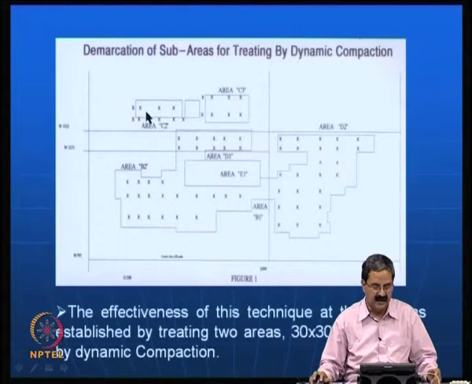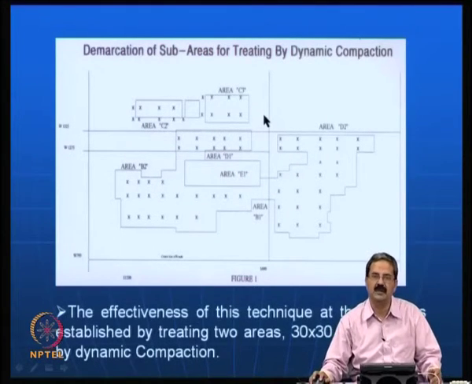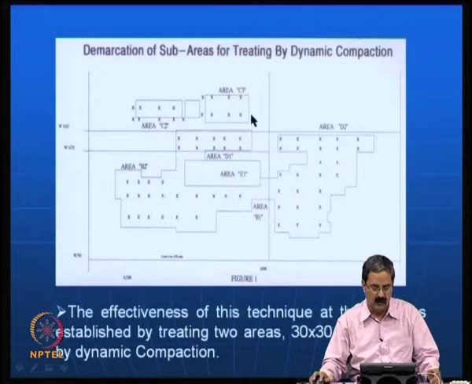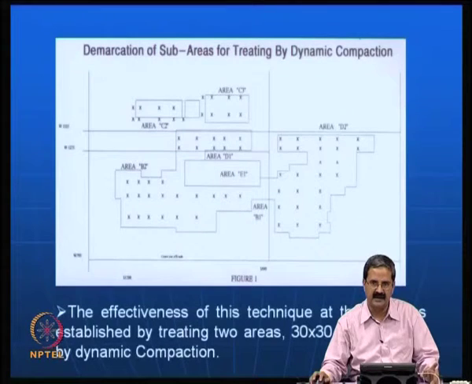These are all the areas that they have identified in the site. It has a big area which has been marked here, A, B, C, E, D, all that. And the first thing they did was a trial in areas of 30 by 30 meters using dynamic compaction, because it is very important to do a trial test in dynamic compaction, or